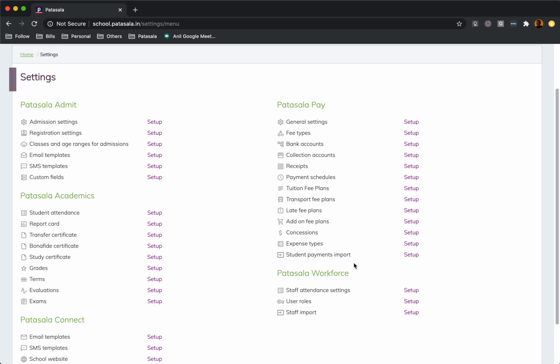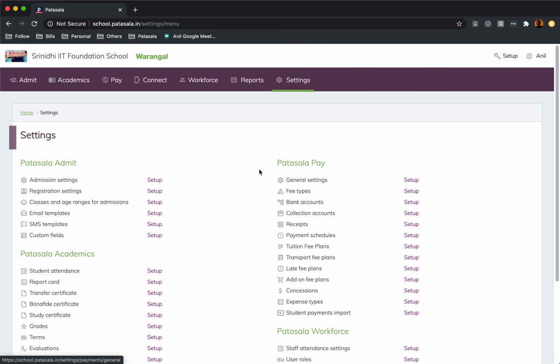And then if you want to track your expenses, you can track expense types, and then take care of your expenses as well. Most schools use Tally or some other accounting package, and we are more than happy to integrate with those accounts if you want to, right? That's the elaborate setup that we have for the finance module.